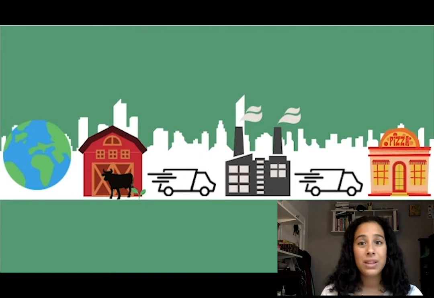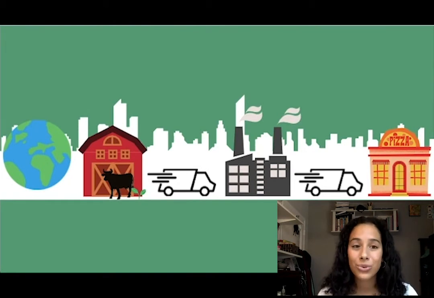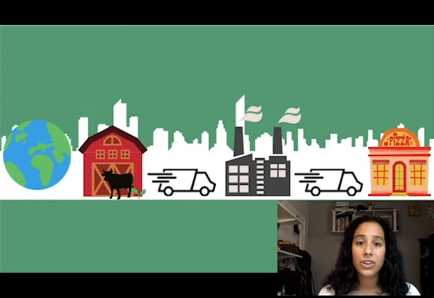And remember, these factories are huge because they are making the tomato sauce, cheese, and pizza dough to be sent to pizza restaurants around the entire US. That's a lot of food. To make that food, a lot of energy is used in the factories, which creates a lot of greenhouse gas, which isn't good for the environment.